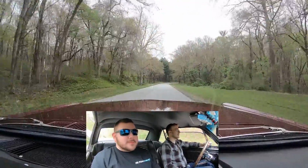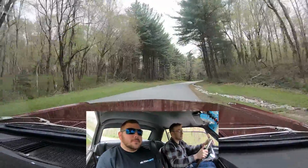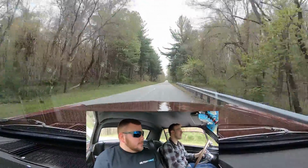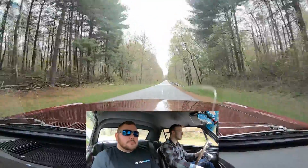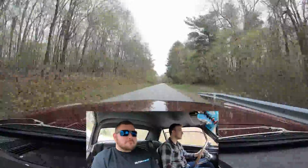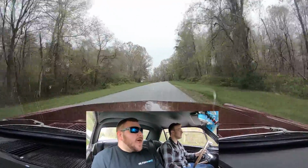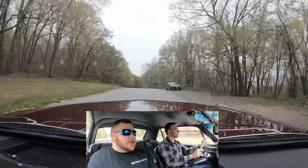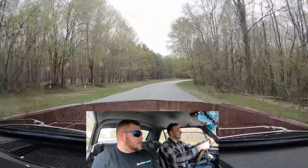Comfortable though. Yeah, even kind of floats over everything. And this is stiff suspension compared to stock. Now, I can see how this would be considered fast for, you know, 50 years ago. Yeah. I can definitely see how it was considered fast. I mean, it's no slouch. No, and even